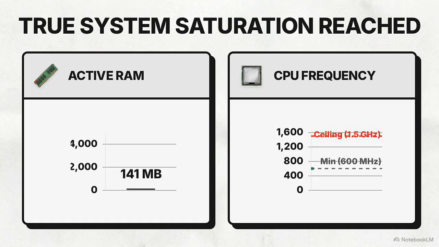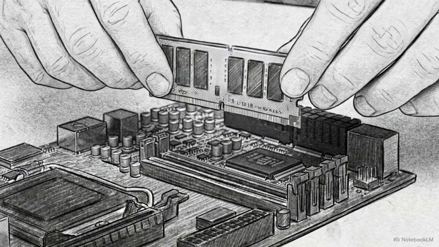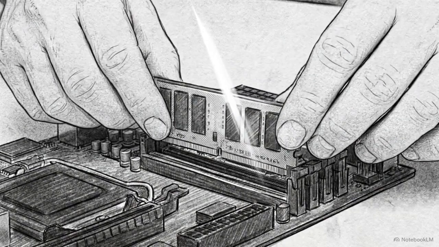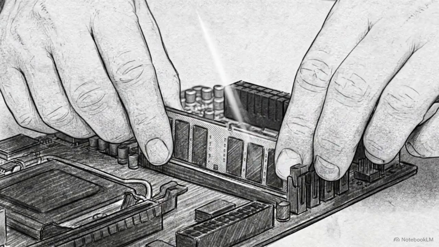If you are an aspiring sysadmin, true system saturation only occurs when active RAM is pegged near 100% and the CPU frequency never drops back to its 600 MHz minimum. True optimization is not about keeping your dashboard numbers low. It is about knowing exactly when your hardware is genuinely stressed, ensuring you only spend money on upgrades when it is